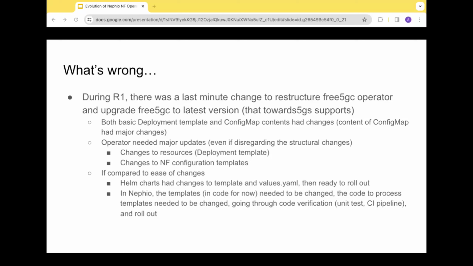There are all these projects out there that are not Helm, but still use templating and other generation, and you can make the generation of a deployment or a config map far more lightweight and easier to work with than we have so far. So my point is that I don't think the basic structure of the operational code here is wrong. I still believe the concept is correct, that we want operators to own these things.